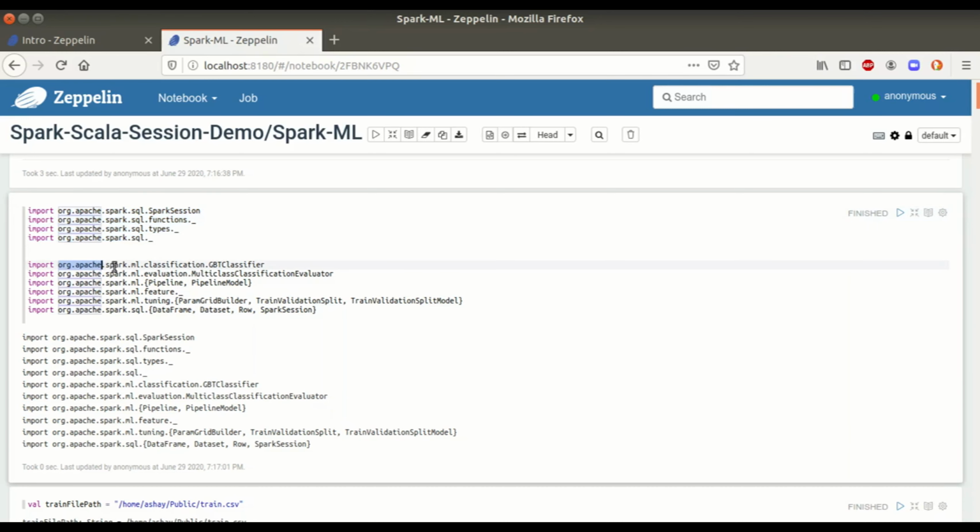Now this second import comes from the Spark ML package, which contains classification models as well as some regression models, and there are some guidelines given by Spark for applying these models with standard practices. So it has provided a class called pipeline that we are going to see in depth with an example.